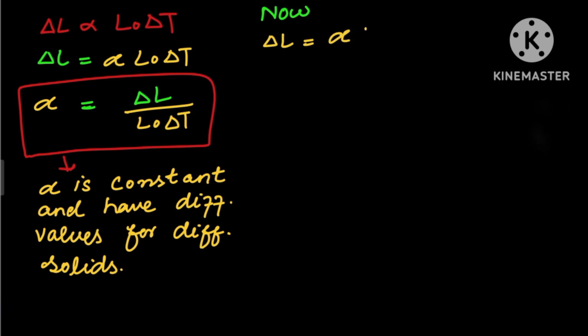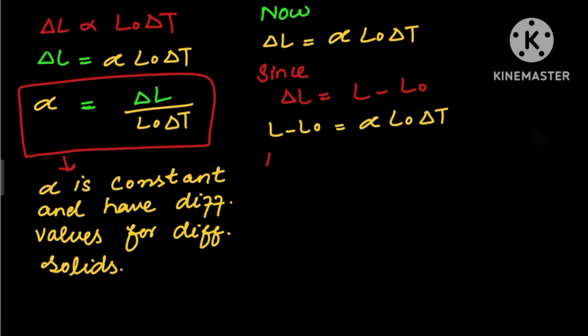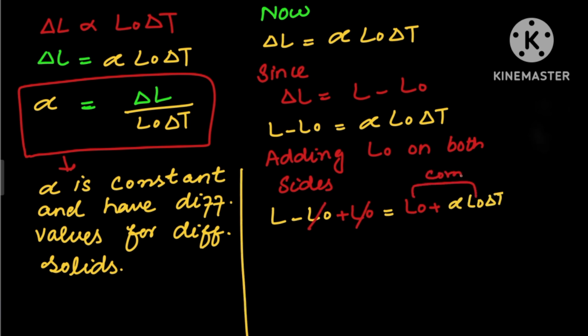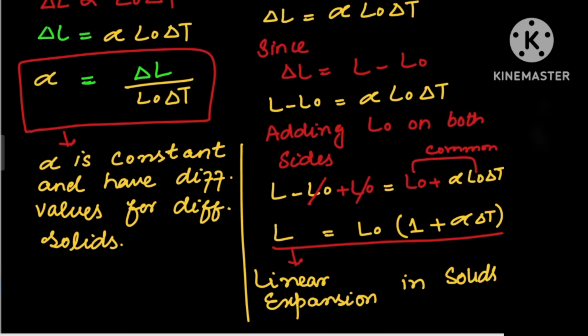Since delta L is equal to L minus L0, so L minus L0 is equal to alpha into L0 delta T. Add L0 on both sides. On the left-hand side, L0 is cancelled. And on the right-hand side, L0 is taken common. So the final expression becomes